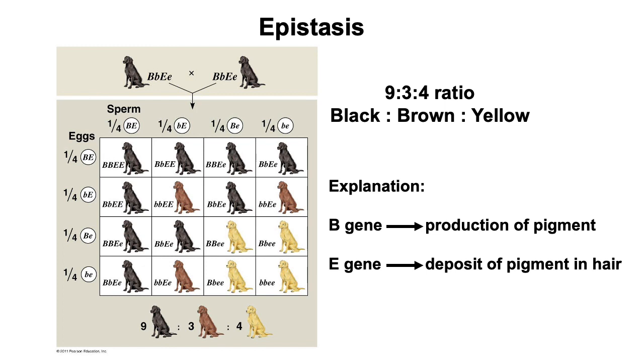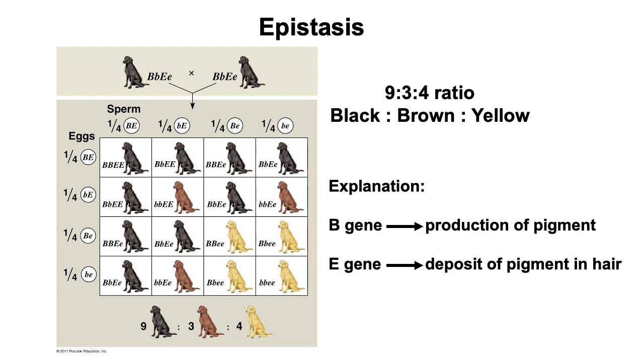But what's going on in E that we get this strange thing when E is homozygous recessive that no matter what at B, we always get yellow? Well, E is important for the deposit of pigment in the hair of the dogs. And if we say that the recessive allele in this case is non-functional, so if the gene that's important for getting the pigment to the hair is not working, that protein is just absent, then it doesn't matter what pigment is actually being produced, right? So if I can't deposit the pigment in the hair, it doesn't matter whether the pigment being produced is black pigment or brown pigment. It's not going to get into the hair,